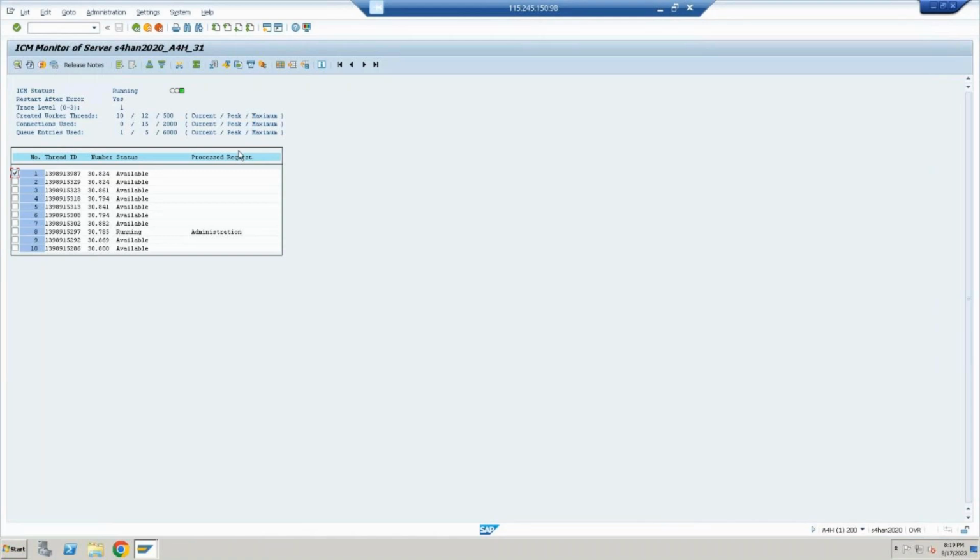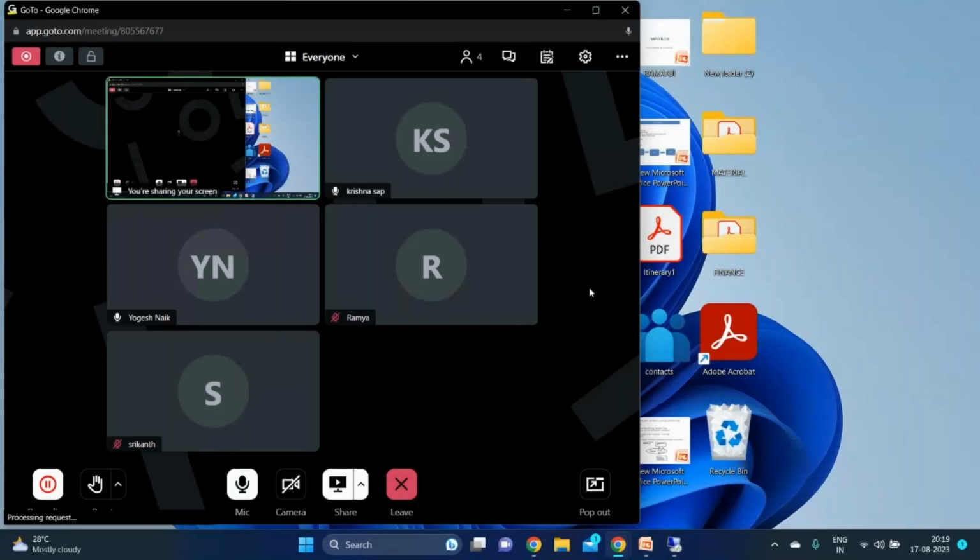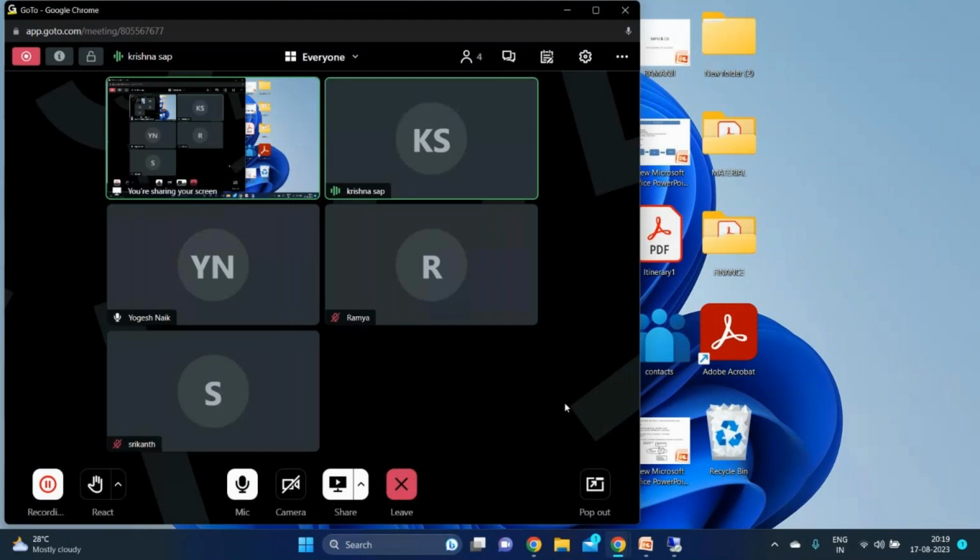No. SCR means for... RZ 11... Okay, it's RZ10. RZ10 is the transaction code for customizing the profile parameters. Okay,